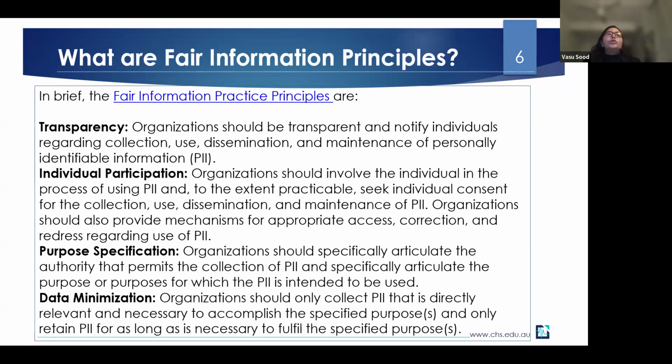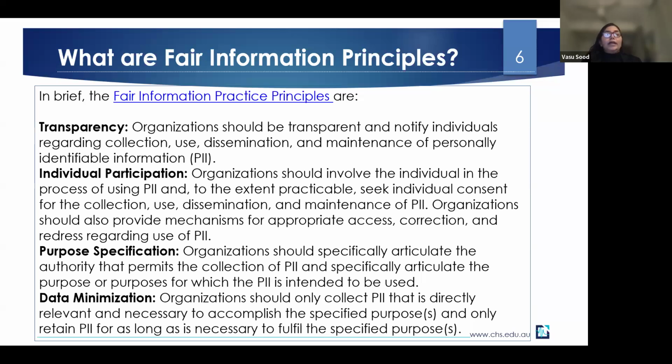These principles also aim to ensure ethical data handling, especially in the digital environment. For example, they have the principle of transparency. According to this principle, individuals should be informed about the collection and usage of their personal data. Then they have the principle of individual participation. This principle indicates that individuals should have access to their data, be able to correct inaccuracies